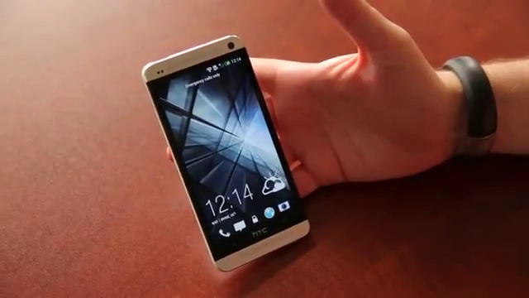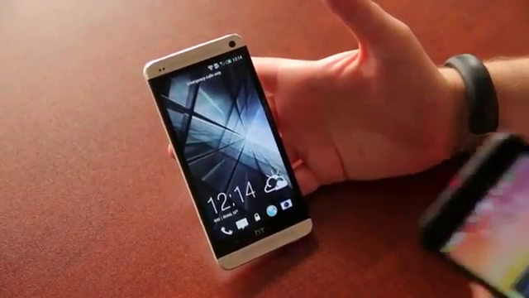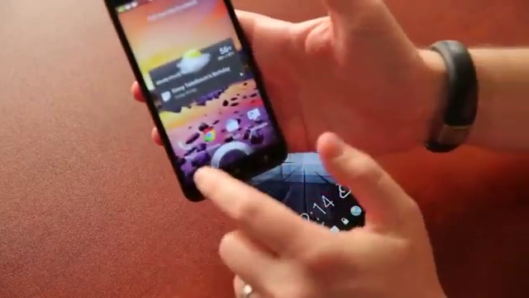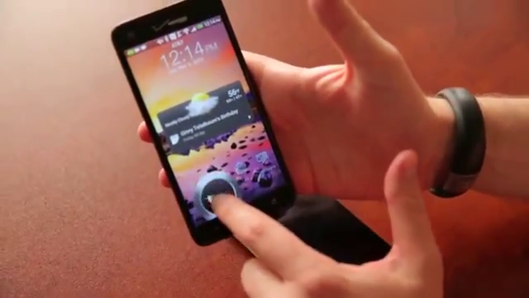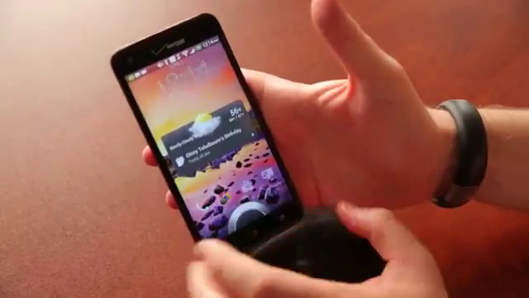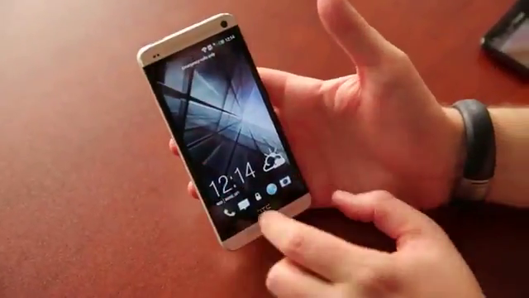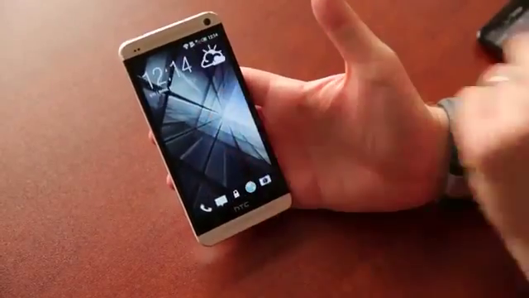For those of you guys that were wondering what it looked like in the previous version of Sense 4.0, we've got that right here. You got those icons. If you wanted to launch one, you just drag it down and you can go ahead and quick launch it. Very simple. So here on the HTC One, we'll go ahead and unlock the phone by swiping up, and we'll